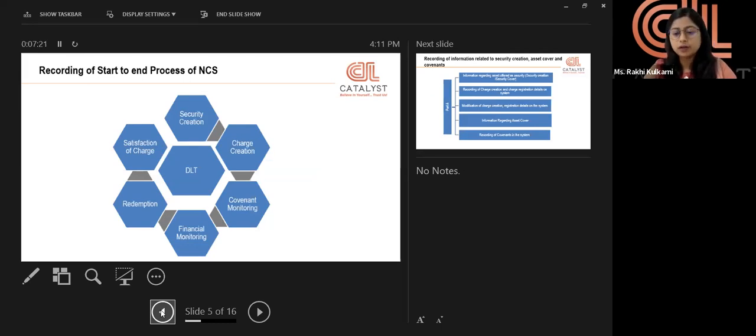All that information is to be updated in the system for each particular ISIN. And for that updation, a unique ID will be generated. Under the system, there is a maker checker system, which Mr. Anurag will in his next presentation take us through in detail. But for all the parameters, the system has maker checker provisions. So once the security has been created and annexure